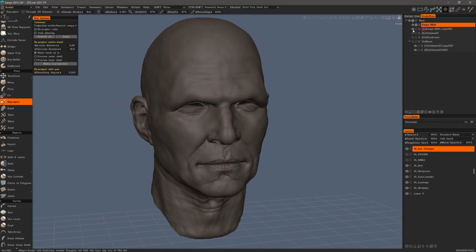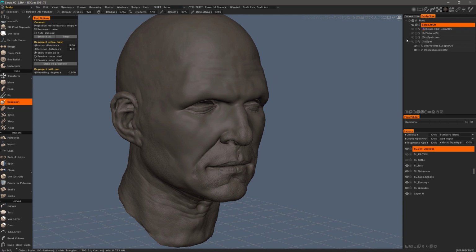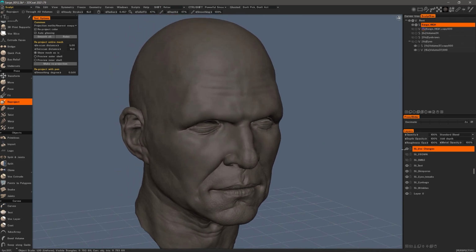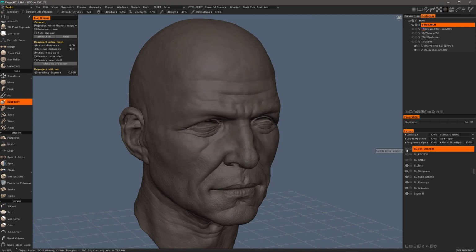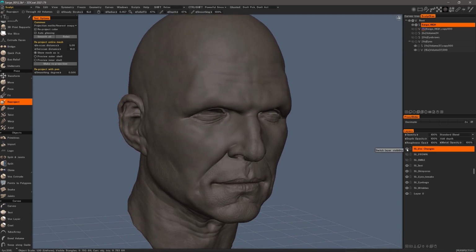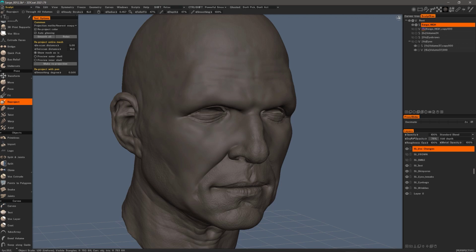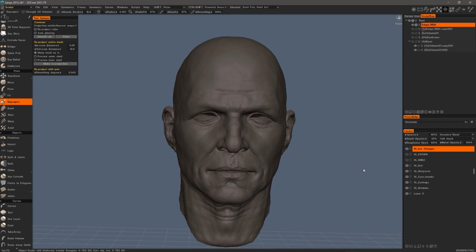If we are done, we can hide the Vox layer. Now we can hide this layer we created and see the changes. We can scrub interactively. So if we want somewhere in between, we can choose that.